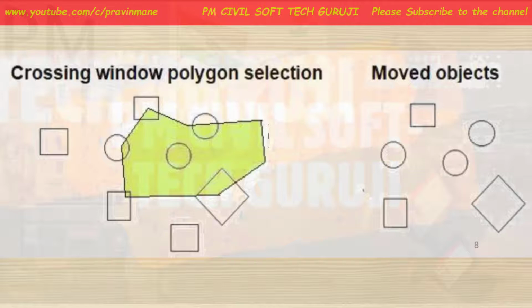Now group selection. The group selection method selects the group name. Then remove selection. So most important is remove selection. For remove selection, it allows removing the object. We need to type R in the command line, being in the selection mode, to activate the remove selection. So being in the selection mode, type R. You should be in the selection mode. Then only type R. Otherwise, another command may activate.